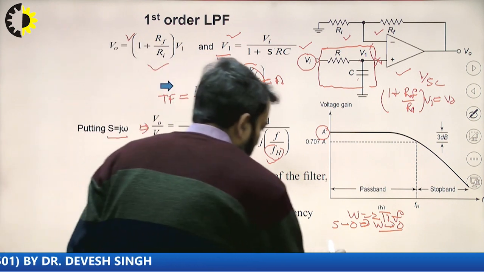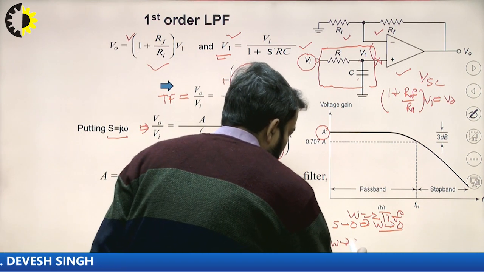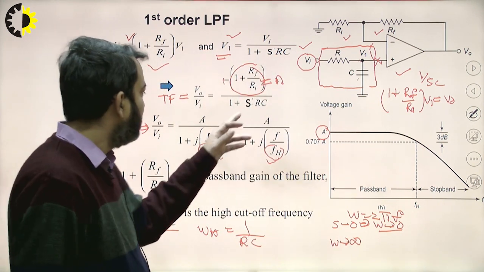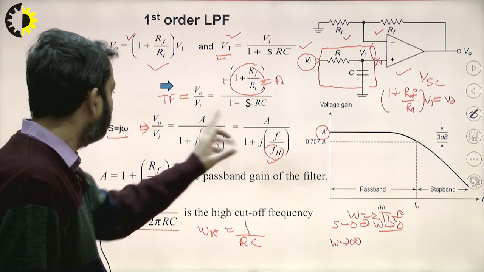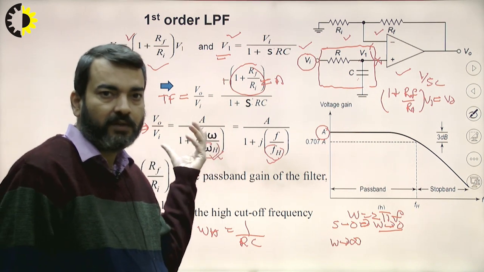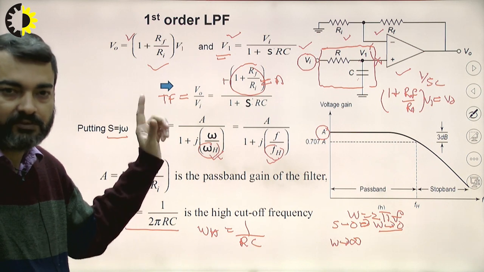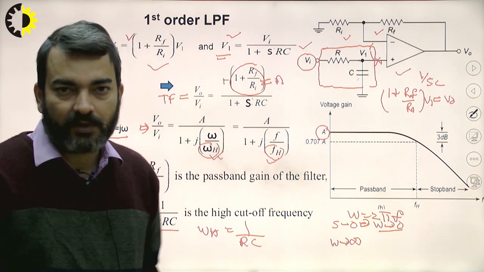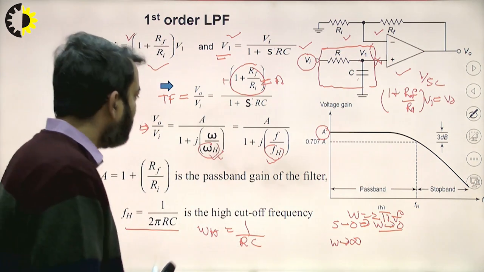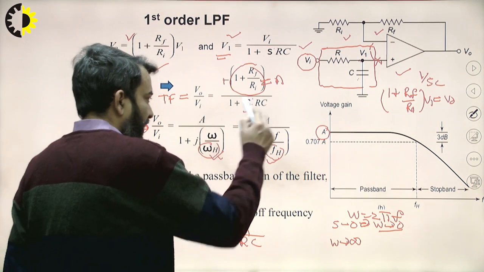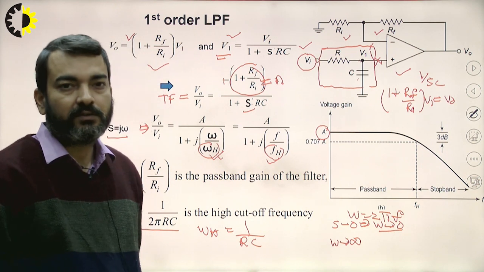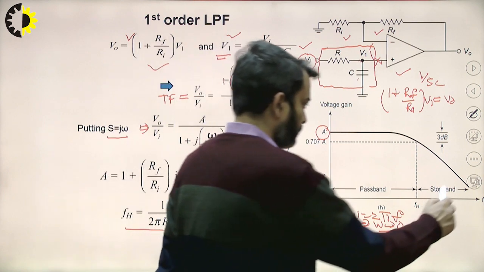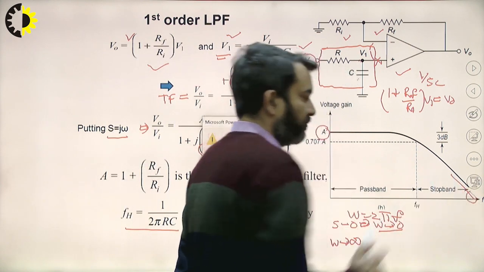Now, if we will check for frequency omega tending to infinite, so for omega tending to infinite, here if we will put, actually we should take the mod value of this, then we should put S is omega tending to infinite, then we will get the exact value, but we can directly proceed. So if we are putting S is equal to infinite or omega is equal to infinite, this term will become 0. So this term is 0.